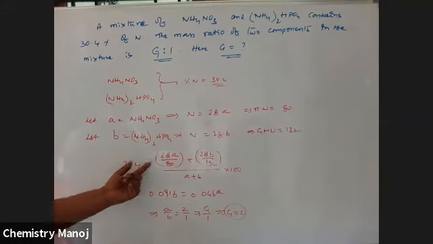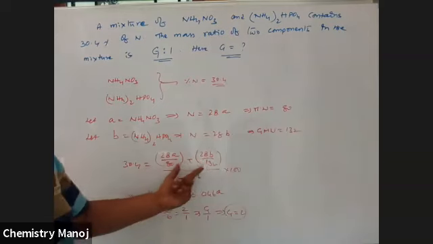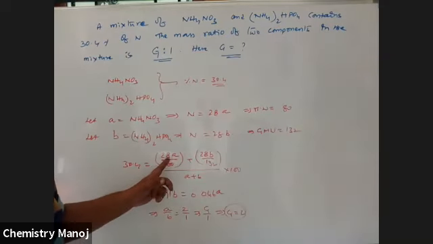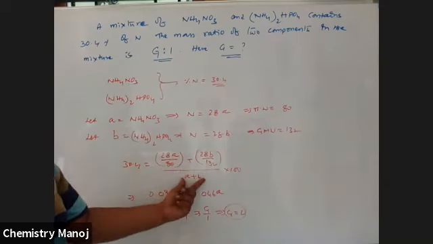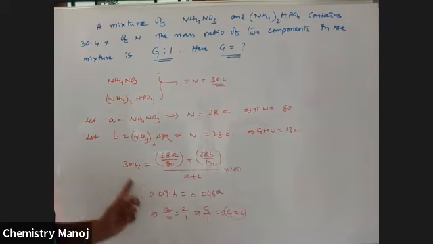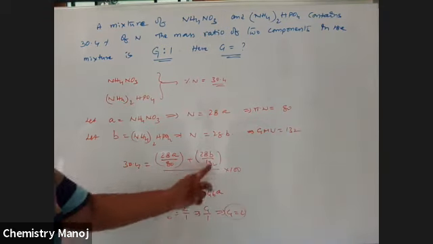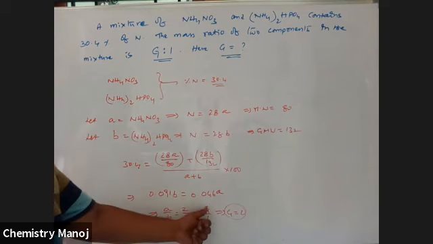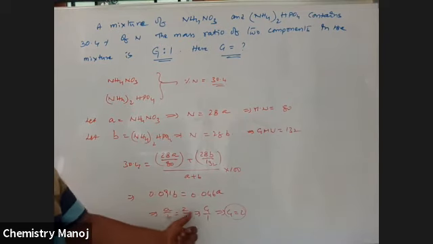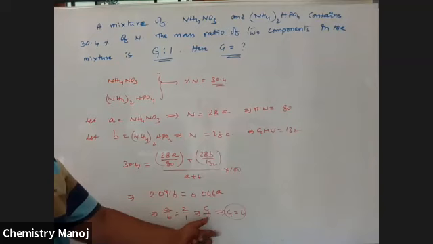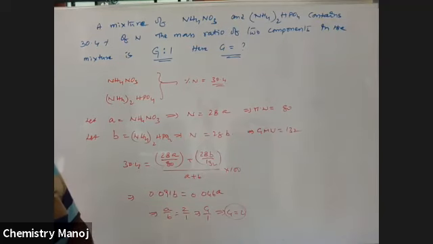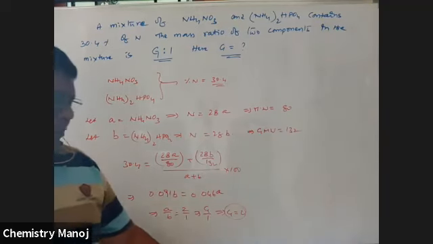So the mass percentage is given to you. Now the individual masses are calculated and their percentage weight is applied. That is the mass of the first element, the mass of the second element, and the total mass into 100. That is the mass percentage. From this, calculate the A value and B value. So A and B values are given as 2 by 1. Therefore, that is given as G by 1, which is equal to 2. Mass percentages are given.